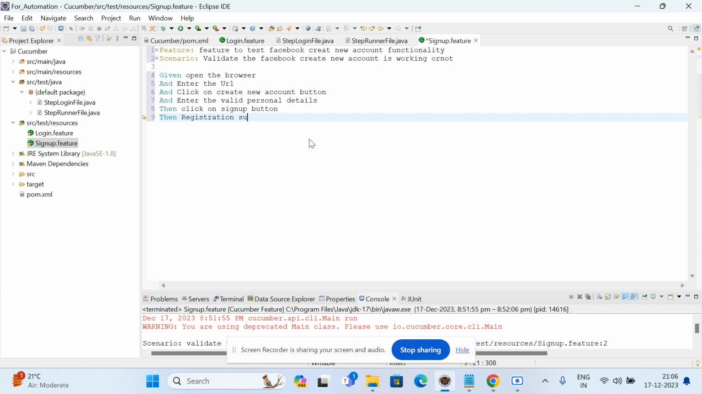registration successful page should be displayed. We are expecting this one, page should be displayed. Yes. Now you have done with writing, do the control S, and you have to